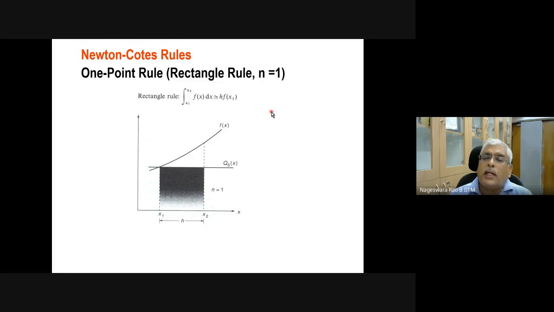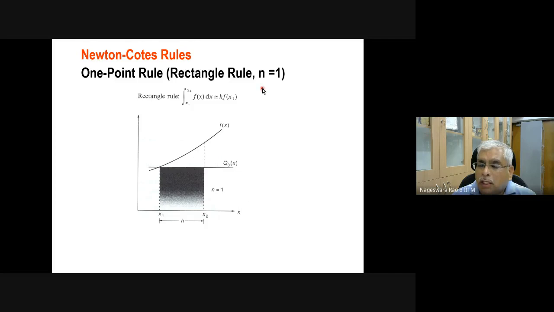And please note that we as engineers, I'm not so much particular about the exact value of that area. I'm happy if you can give me an approximate value. How much you can compromise on that all depends on you. But I'm not interested in the exact value. I'm happy if I get an approximate value.